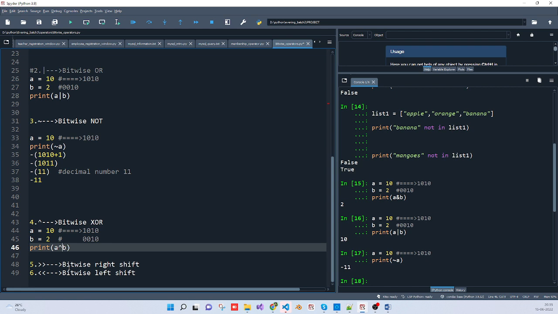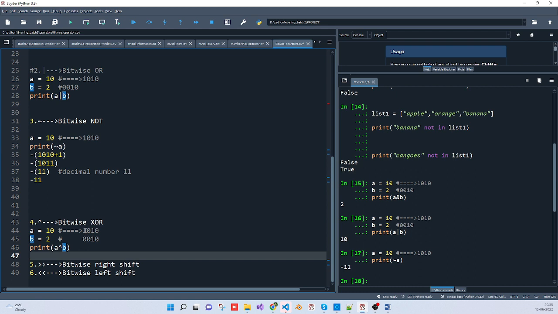If both inputs are true or both inputs are false, in that case it will give false. If one input is true and one input is false, in that case it will give true. So now if we observe, this one is a one we will get here, and here two inputs are